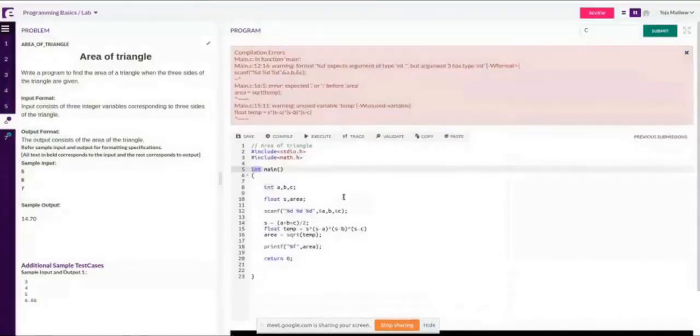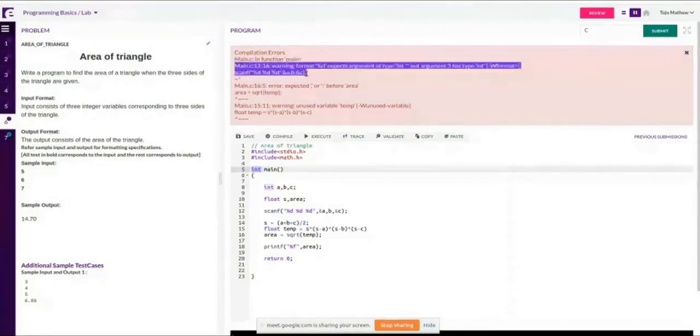So I compiled and I'm getting so many errors. You will also get errors sometimes. So what you have to do is start from the top and take one error at a time. The first line says compilation errors; generally you will get this every time. And main.c: the file name, our program is saved as main.c in the background on the server. It says in main.c, in function main, the error is there. Now it details the errors. The details of the error are given.